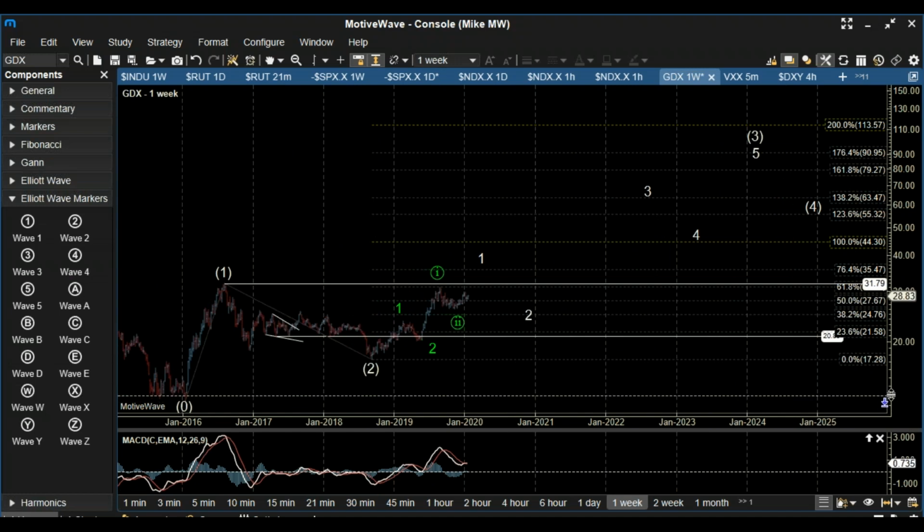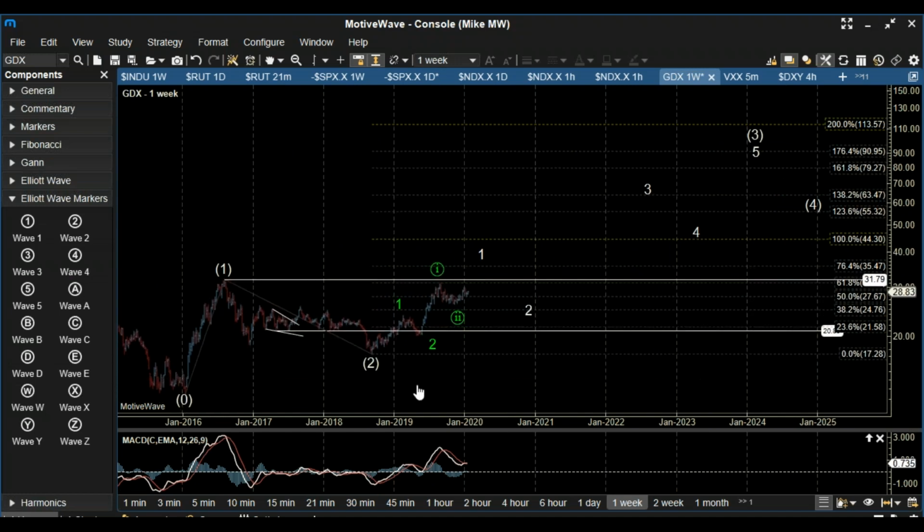Zach went into this in a lot of detail in his last video, why he's counting it this way versus Avi's path. But basically, we have what everybody's counting as a wave 1 off the 2016 low, followed by a really long and drawn out corrective wave 2